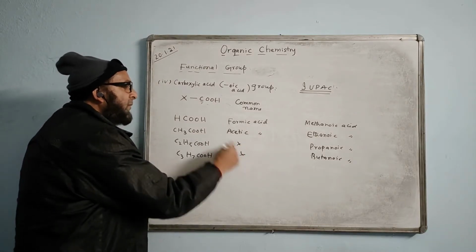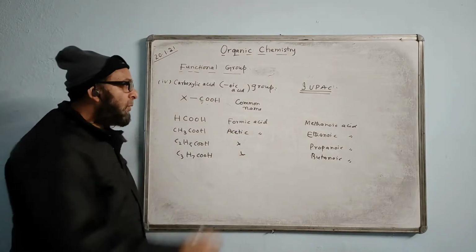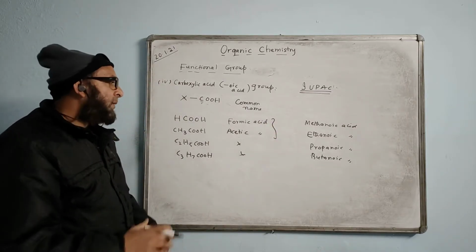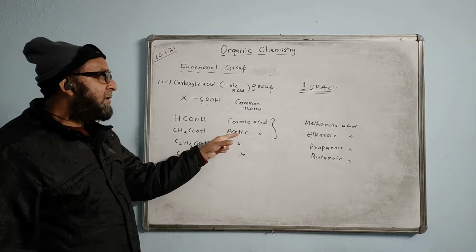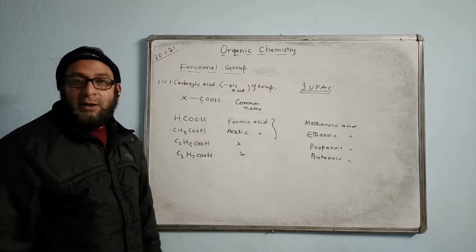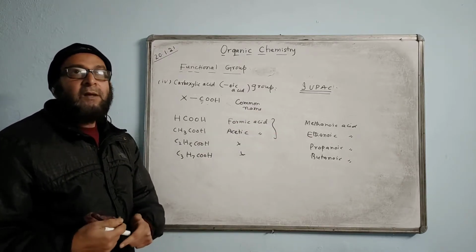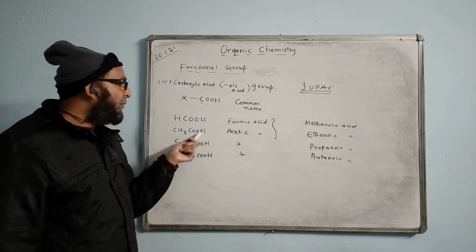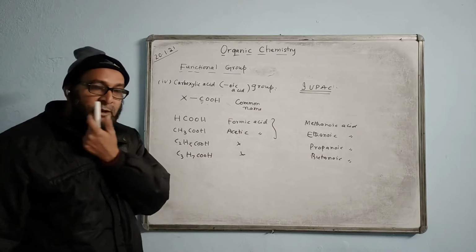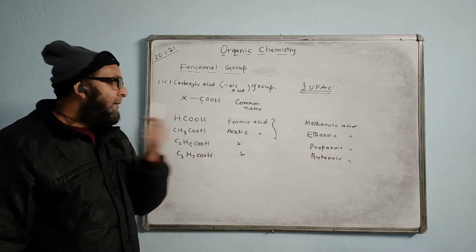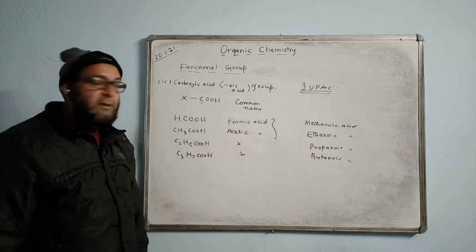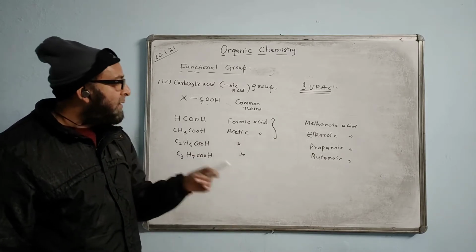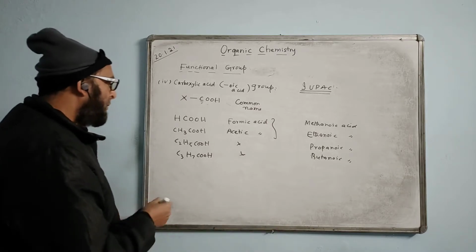They don't have common names. We don't give common names; we only have to bother with the common names of the first two. Acetic acid's IUPAC name is ethanoic acid. If they ask for the formula of ethanoic acid, it means acetic acid. This is the molecular formula, and now I'll show how to write the structural formula. Methanoic acid is the same as formic acid. After that, we have propanoic acid, butanoic acid, and so on.